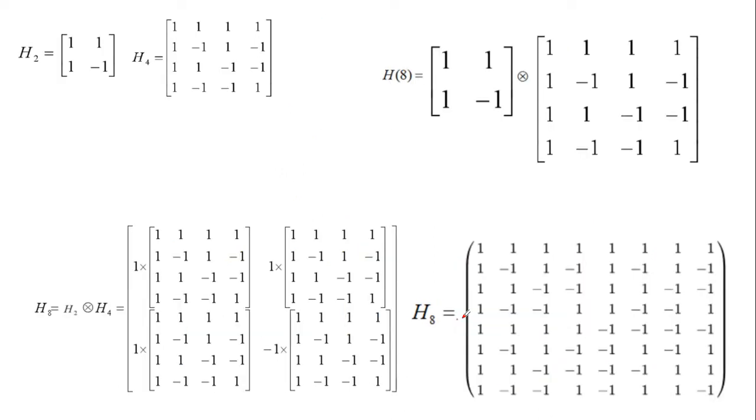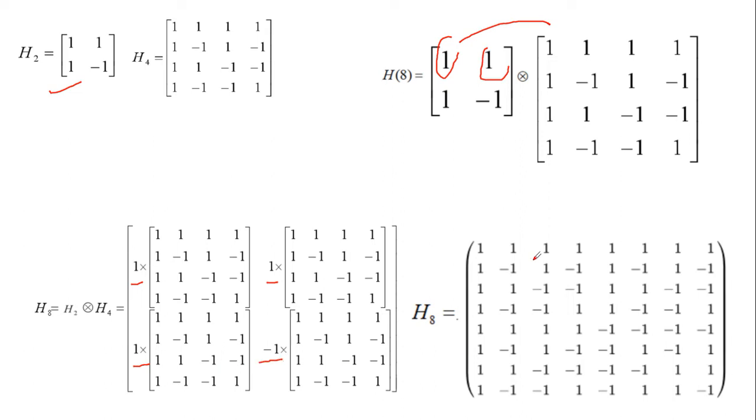To generate H8, we get the equation H of 2 cross H of 4. Here H of 2 is [1 1; 1 -1], and this is H of 4. Now we multiply H of 2 Kronecker product H of 4. So this 1 we multiply with the entire 4 by 4, then this 1 with the entire 4 by 4, and this 1 and -1. So we are getting like this,